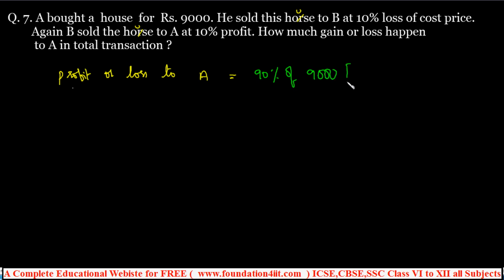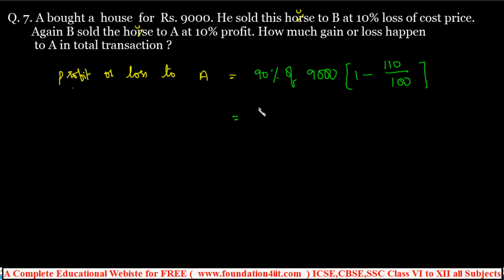And then we should take the next one, which is the reverse, a 10% profit. So 1 minus the 10% profit means 100 plus 10, so 110 percent, so 110 by 100. The formula is 1 by 1 minus g by 100. Reverse means again you take the cost price into 1 minus gain by 100. In the place of gain, along with this 10%, we add 110%. If the answer is negative or positive, based on that we can say it is a loss or gain. If the result is negative, it's a loss.